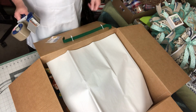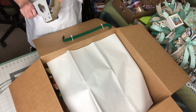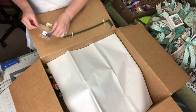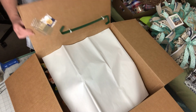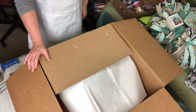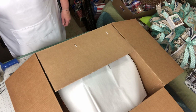I'm going to take a piece of my shipping tape, cut that off, and I'm going to attach it right here to my box. That's not going to flap around, and it's not going to get in the way of anything when I close that lid. Okay? So then the next thing we're going to do is I have instructions for them on how